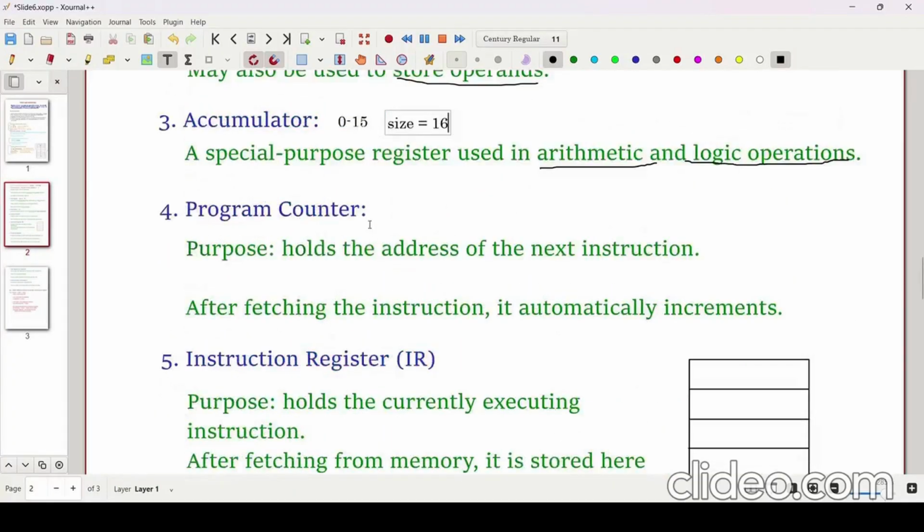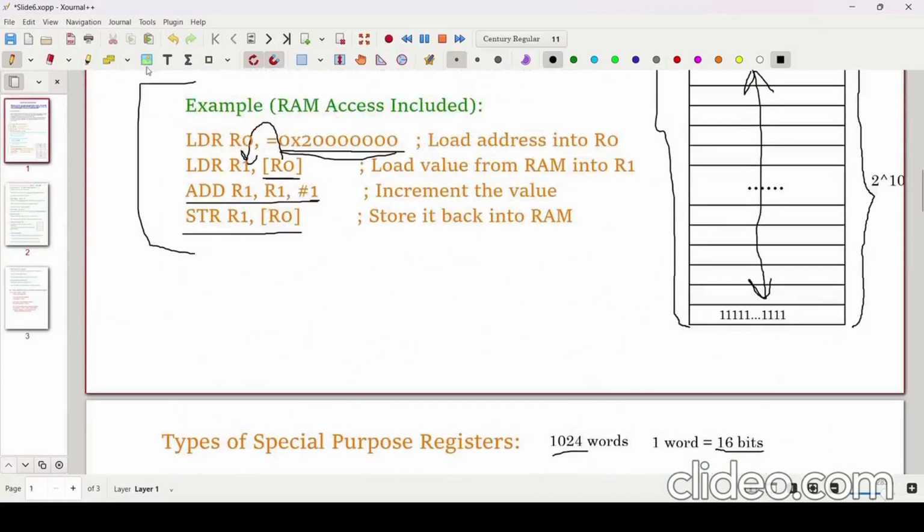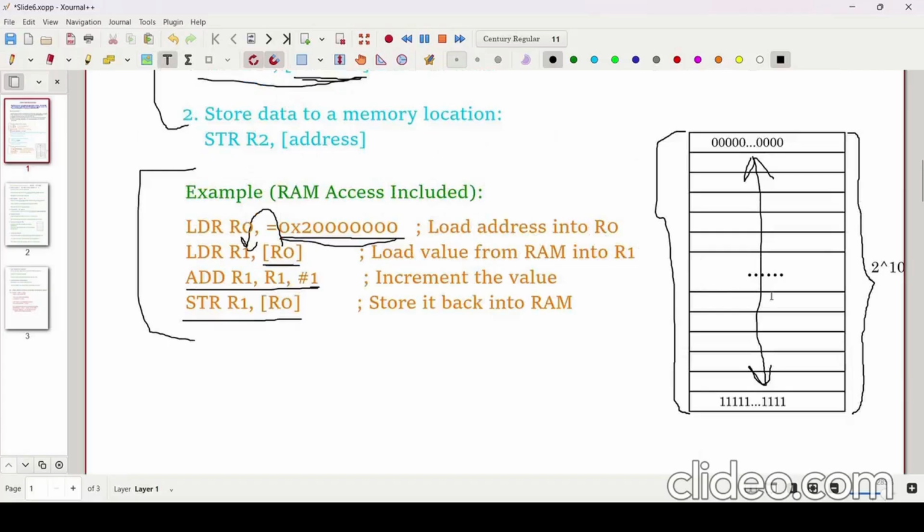Okay, now let us move on to the program counter. Basically what it does, it holds the address of the next instruction to be executed by the CPU, and after fetching that next instruction, it automatically increments, right? Suppose from this diagram we have an instruction here, I1. And the next instruction is I2. And suppose that the I1 instruction is located at address 10000, and the I2 instruction is located at